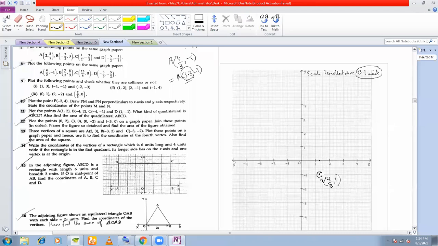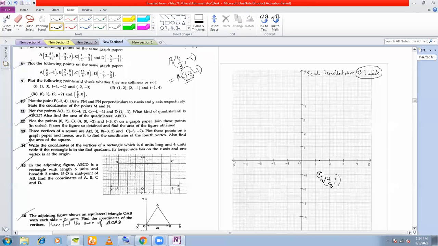Yes, sir. Okay, so you have to be very careful with the scale. You have to see all the coordinates, which coordinates you have to work with. You have to see what is the size of each coordinate. You have to look at all the x coordinates. You have to look at all the y coordinates, and then see whether you can accommodate them in the graph paper, and whether it is convenient for you to plot.